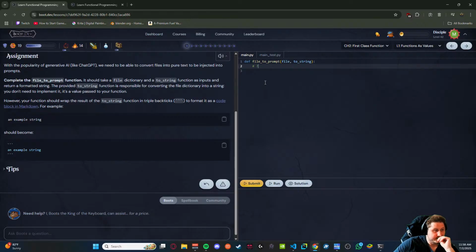The provided toString function is responsible for converting the file dictionary into a string. You don't need to implement it. It's a valid pass to your function. However, your function should wrap the results of the toString function in triple backticks to format it as a code block in Markdown. For example, an example string should become an example string. Okay. So we do print.